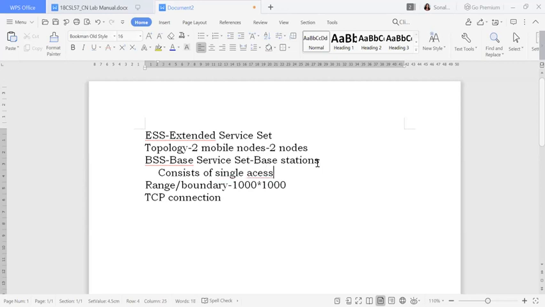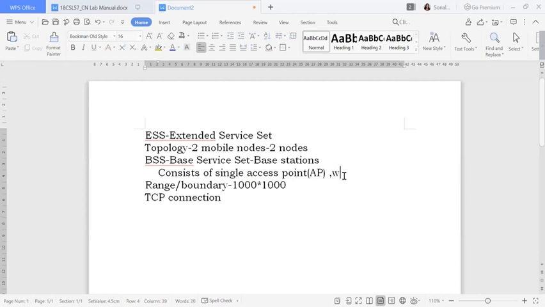What is that single access point? One mobile node will have the single access point where it retrieves the data, or accesses that point. That is known as your single access point. And it will also have one more thing.